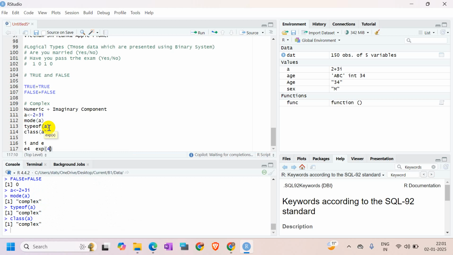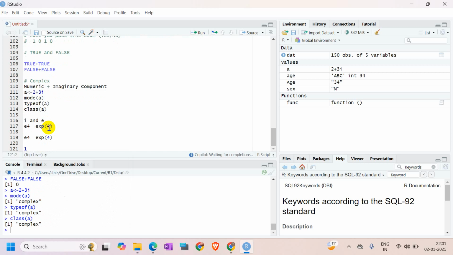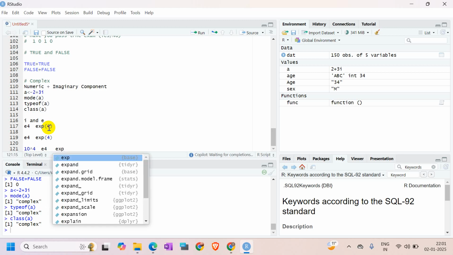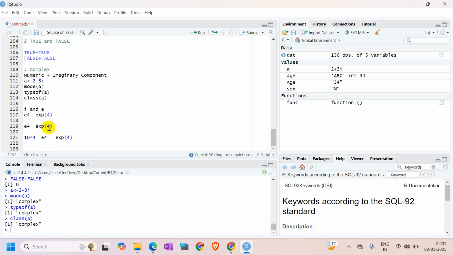10 to the power 4 we are writing. So instead of writing 10 to the power 4, it is directly written as e4. So e4 in this programming I will treat as an exponent part, that is 10 to the power 4. But exp of 4 will be treated as the exponential to the power 4. So 10 to the power 4 is written as e4, but exponential e to the power 4 will be written as exp4, right? So this is basically a different format of numbers, and i is basically an imaginary component